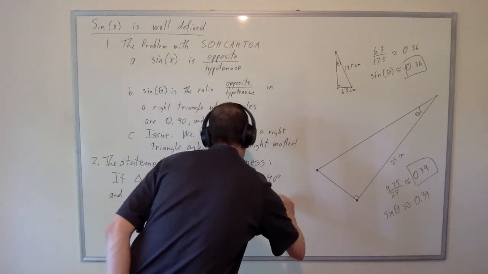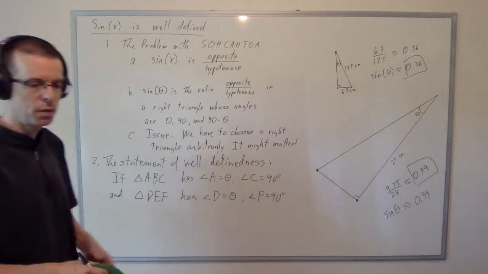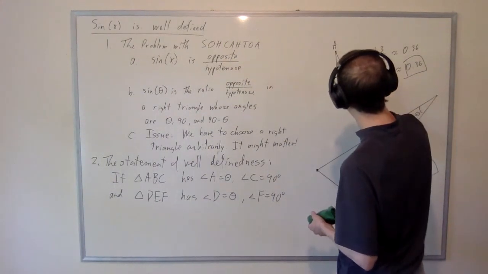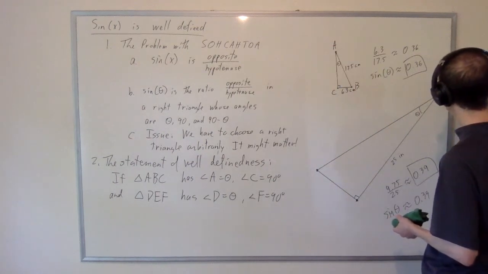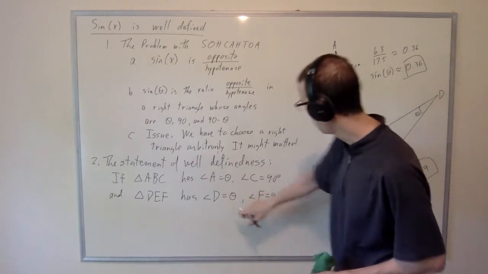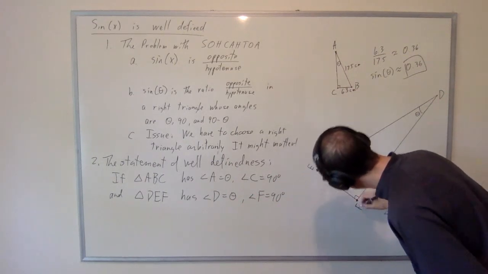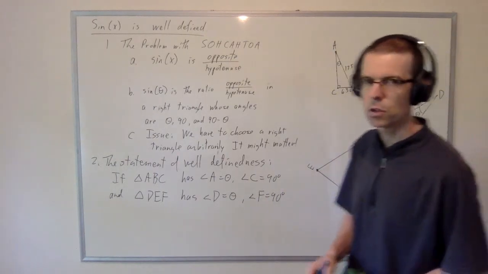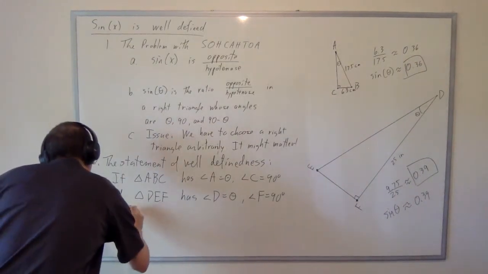Now I'm going to relabel my triangles to reflect the hypothesis here before I state the conclusion. So this will be A, this will be B, and that will be C. This will be D, which notice is also equal to angle theta. This will be E, and this will be F down here. Notice that F and C are the 90-degree angles. So if these triangles have these conditions, then,